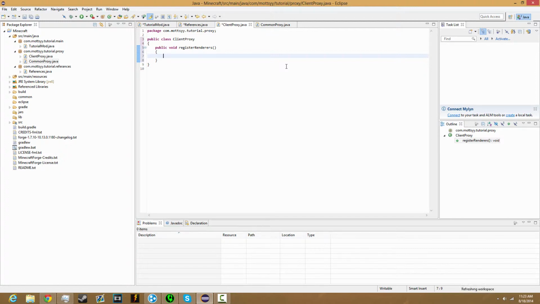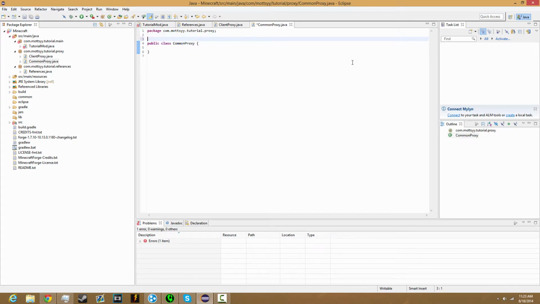All right, sweet. Now we just save this right here, and we go into the common proxy, and we put an @Override annotation on the method that we just wrote. So right here, I'm gonna go @Override public void registerRenderers,